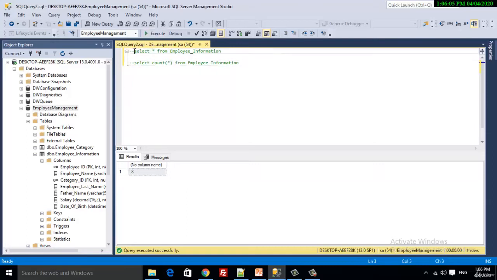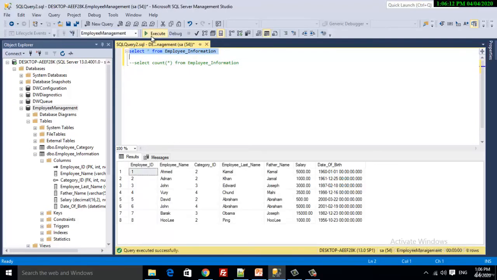Now again select the first query. Let's check how to perform the count function for a single column. I'm going to rewrite the query.